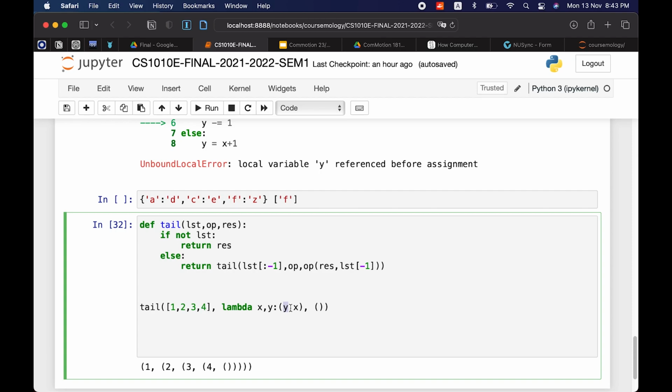This will be an empty tuple. This is res, and then this will be the 4. This is the empty tuple. This is 4. This is res and 4. So 4, empty tuple.